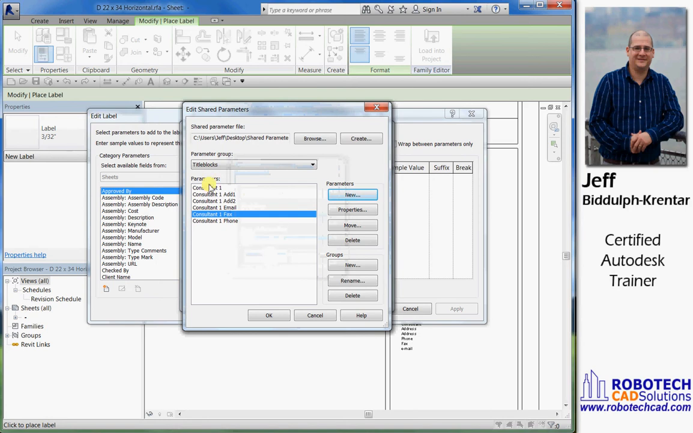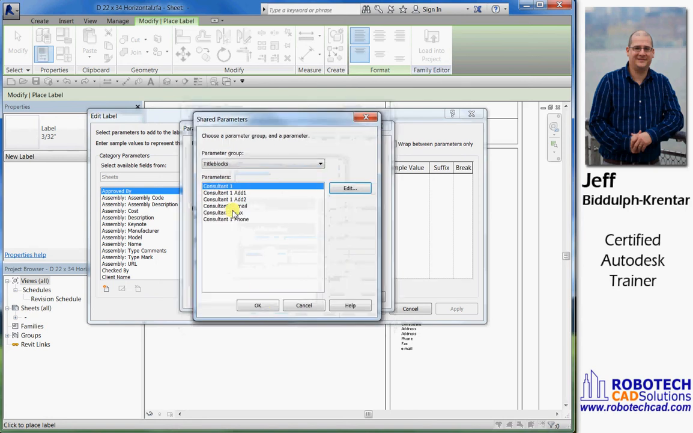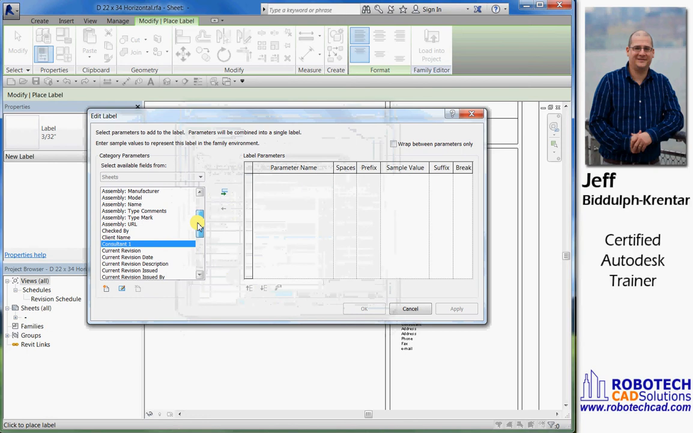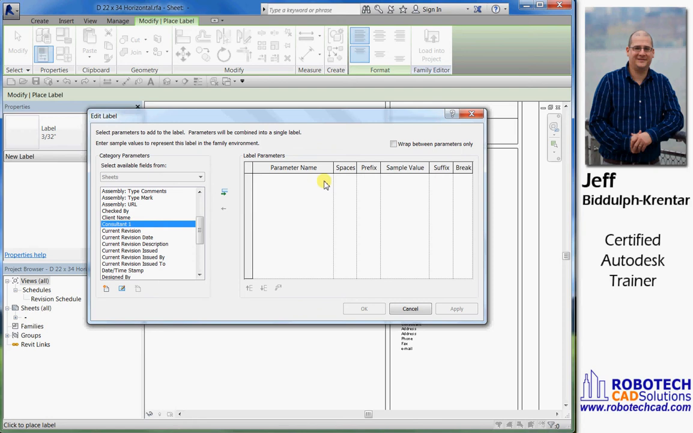Okay, so we've created all of these custom parameters. I'm going to hit OK, and hit OK, and hit OK again. Good. And then we're going to start adding them. So we've created this list of shared parameters, and now we just have to start adding them to our project. You can see in our list here, consultant 1 is already in here. I'm going to apply it to this label, so I'll click on my little arrow here